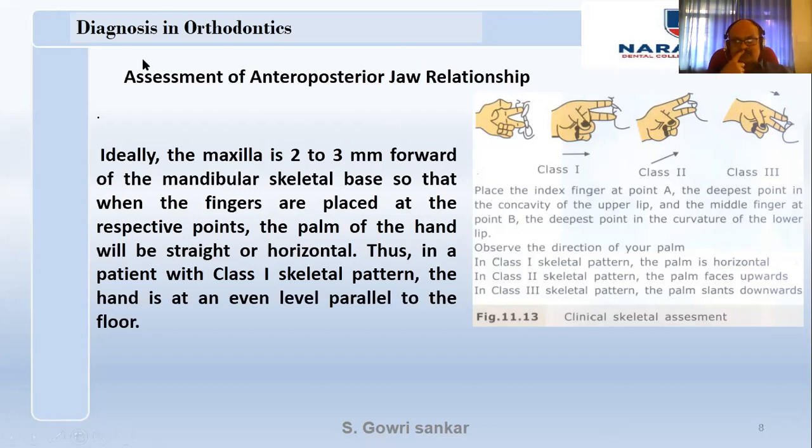When the maxilla is prognathic, so when you try to put your finger, this is the gun mechanism. Just like shoot, you put your gun like this. So this point, when it is short, it folds. Or to make it into the points, you have to put your finger like this, pointing upwards. So when you place your fingers pointing upwards, it indicates a class 2 pattern. Likewise, when the mandible is prognathic, you have to face your fingers downwards like this. So this becomes a class 3 condition.